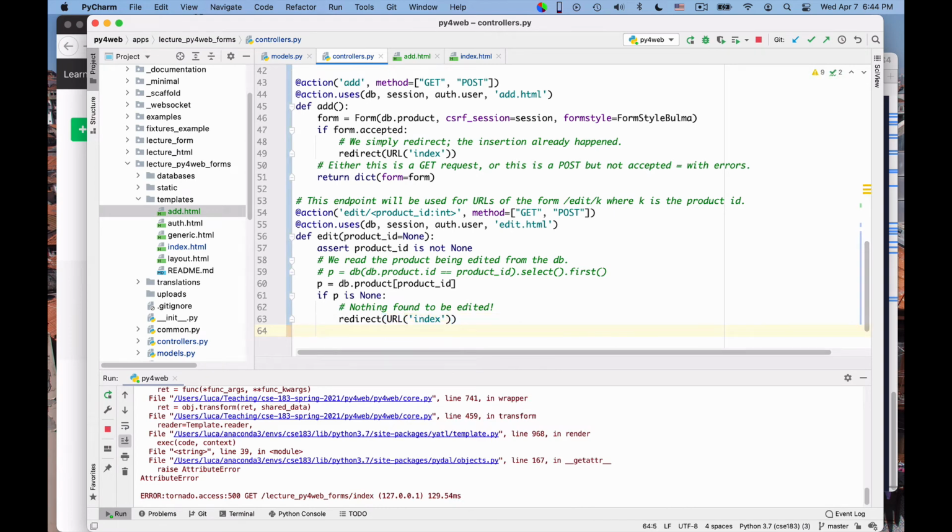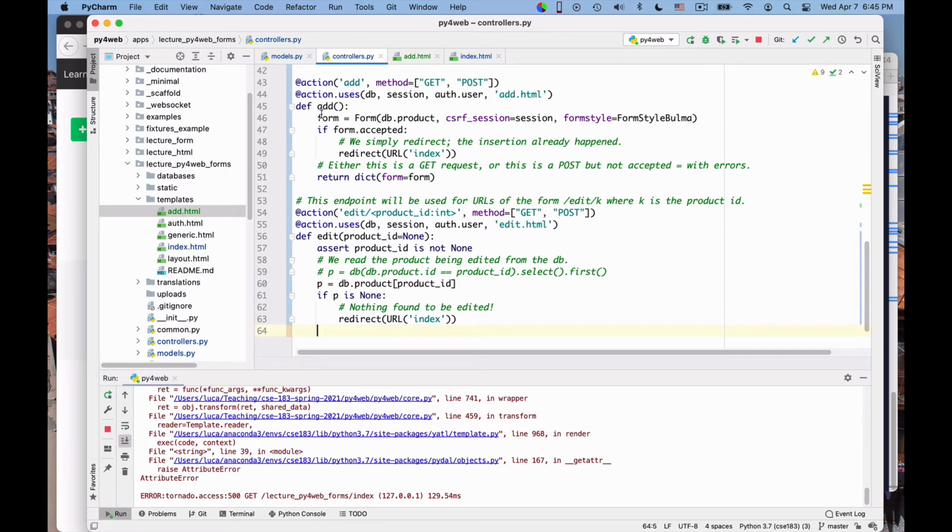If you don't find anything to edit, you want to boot people away, send them to the classical homepage and be done with it. You don't really need to be very smart in what you do, because this is sort of an error condition and you don't assume that this is going to happen in practice.